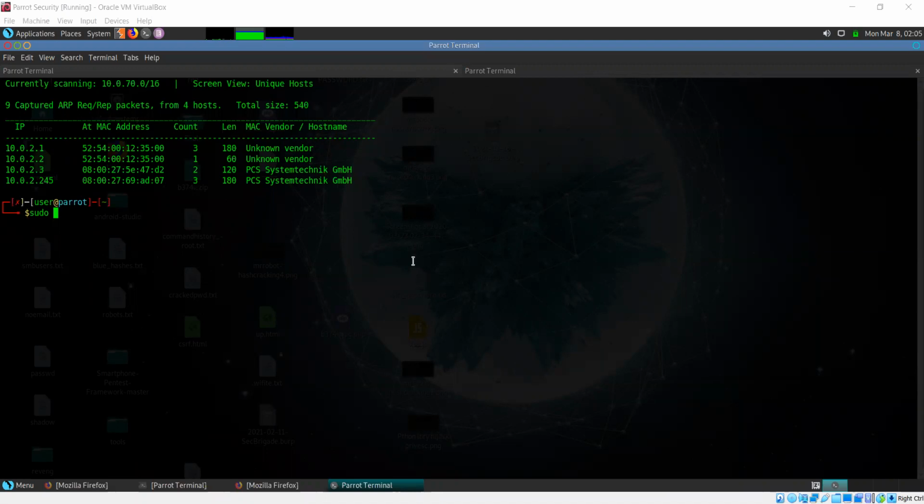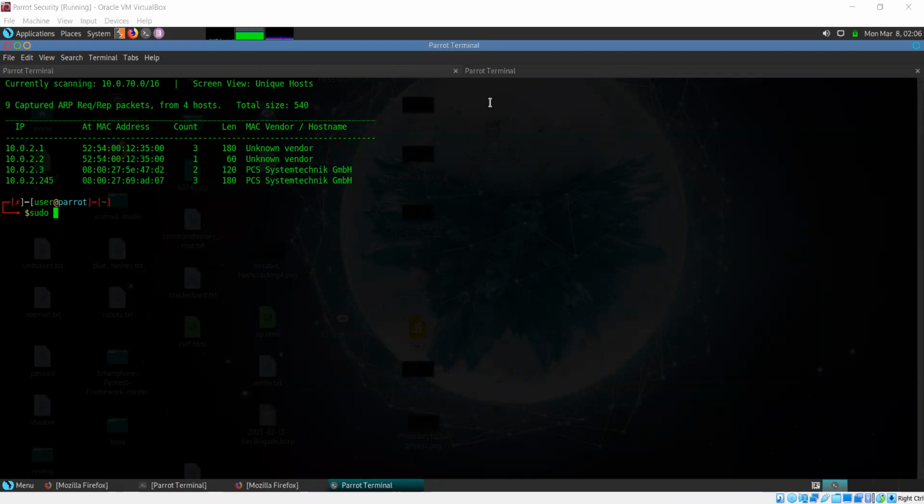So in NAT, what happens is that your VM can freely access the internet through your host OS, through your host system, but it's not going to be detectable as a separate machine, as a separate device. Even your host cannot directly interact with it as if it were a separate device, let alone other systems. So what is the ideal setting for it? You can try to put it on bridged if it works.